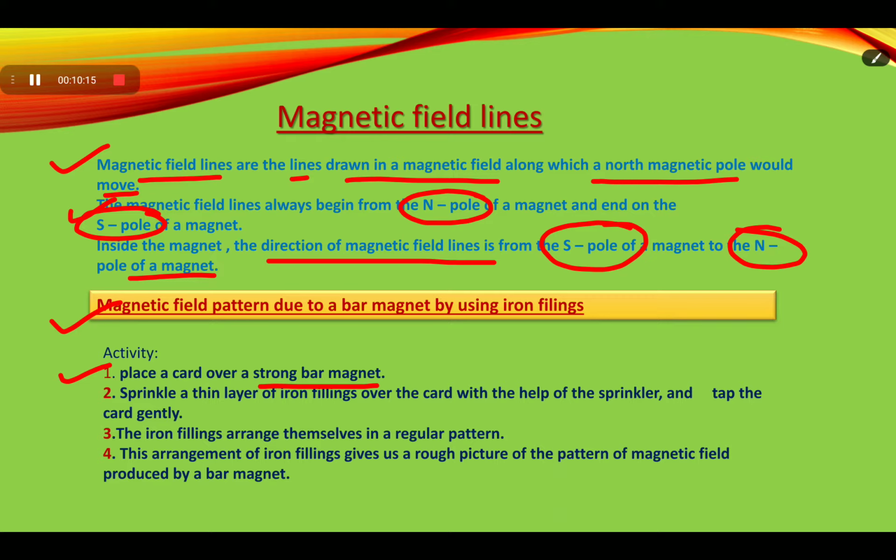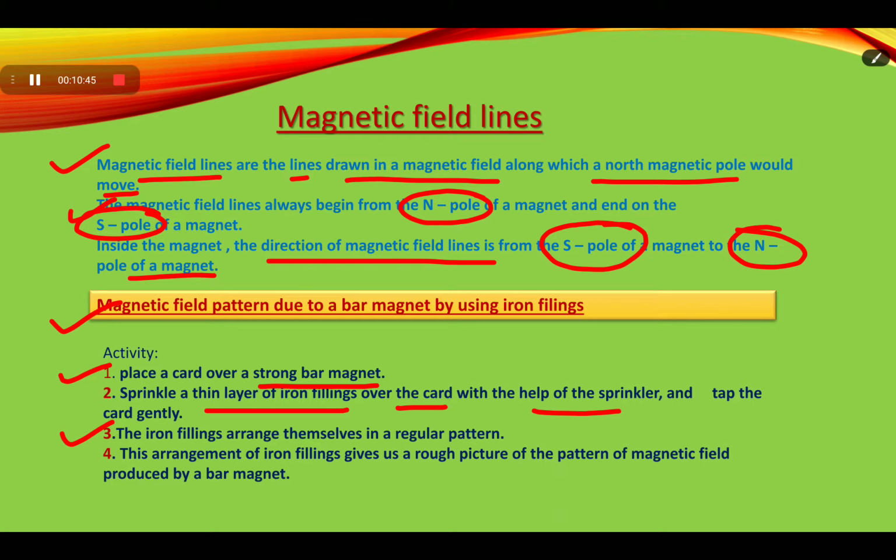Now, after it, we have to sprinkle a thin layer of iron filings over the card with the help of a sprinkler and tap the card gently. Now, we will see that the iron filings arrange themselves in a regular pattern, and this arrangement of iron filings